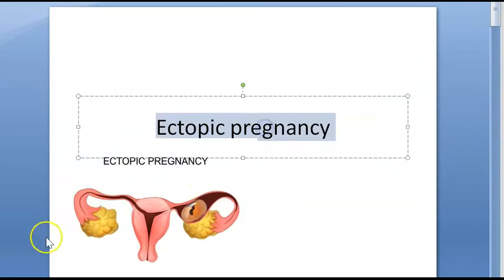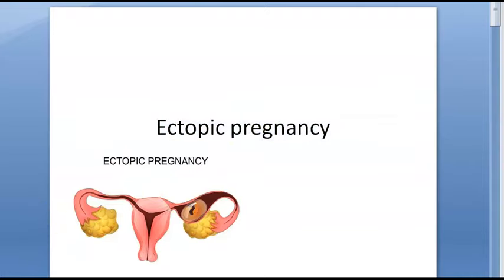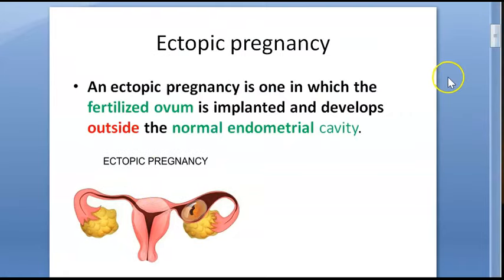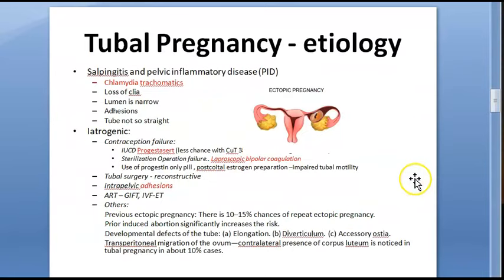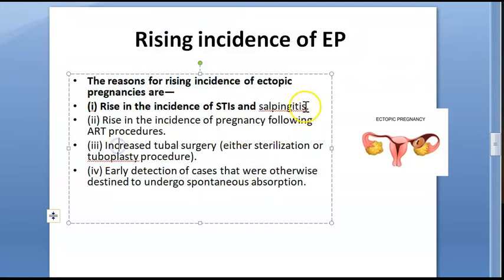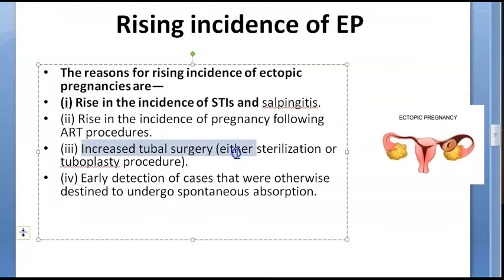In this video, we only covered why ectopic pregnancy happens at all. So in this video, we wanted to look at the causes of ectopic pregnancy, just the causes. Why does it happen, right? Basically, we have looked at why there is a rising incidence of ectopic pregnancy: because infections are increasing, infertility procedures are increasing, and tubal surgeries are increasing because of a lot of development of medical sciences, and also there is early detection. Earlier we could not detect, but now we are detecting early. So as such, the ectopic pregnancy incidence seems to be rising, isn't it?